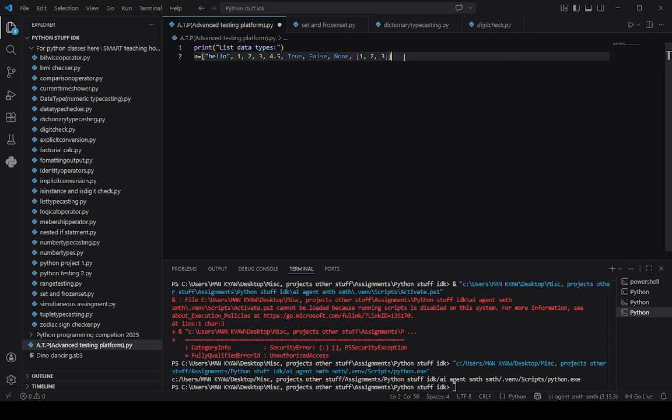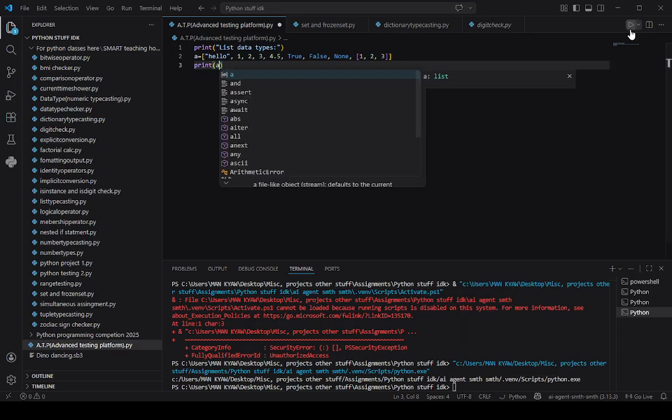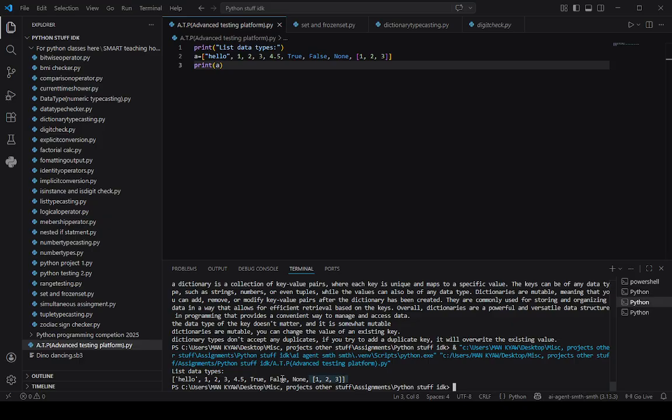Then we can also print our list, and it will print out like this. As you can see though, the entire list, including the square brackets and the commas, is included. But what if we want to select one of these elements in the list? Say I want to select this number 1 here,